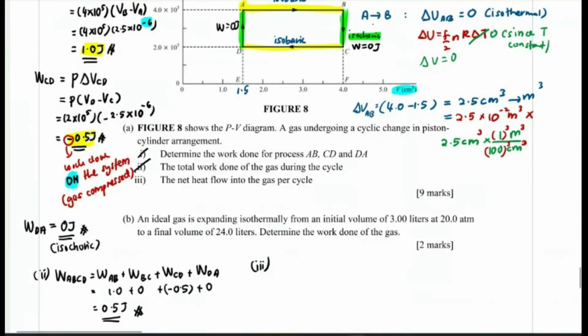Nombor 3. The net heat flow, which is Q total. Q total, awak boleh tulis Q total ataupun awak nak tulis Q ABCD. Okay, so bila nak jawab macam ni, ada student dia kata boleh tak kalau kita nak buat QAB tambah QBC tambah QCD tambah QDA. Boleh tak nak buat macam ni? Saya kata